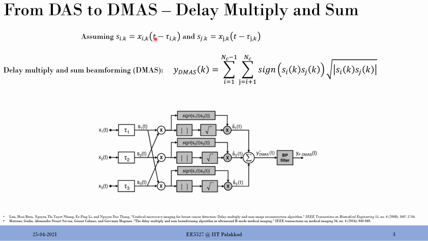That's what is happening. So if we have Si representing one transducer and Sj representing the other transducer, so two transducers' delay compensated data,